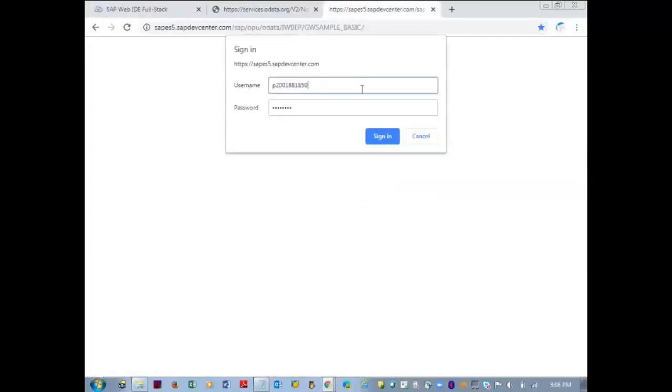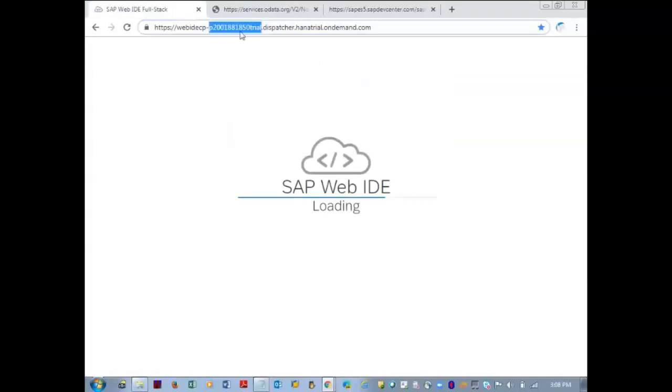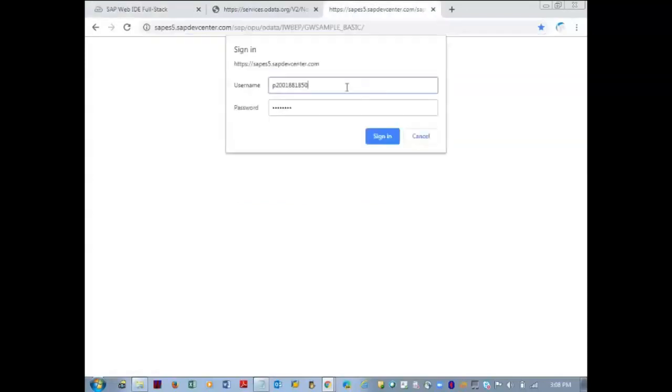Okay, so I'm logging in with all the same things. The P account is the same here, but for the SAP services, use the user ID and password from the document. It will definitely be the one which ends with 1850, and H123 exclamation mark will be the password for that.